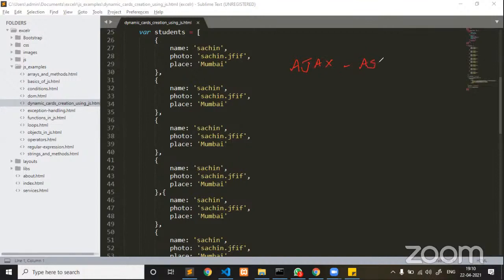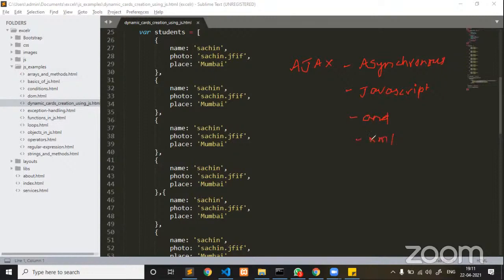Ajax stands for Asynchronous JavaScript and XML.